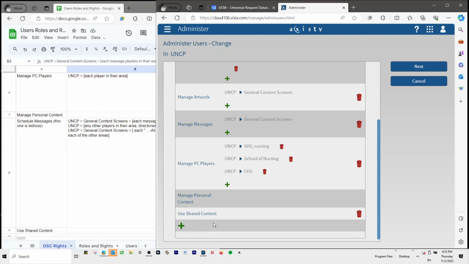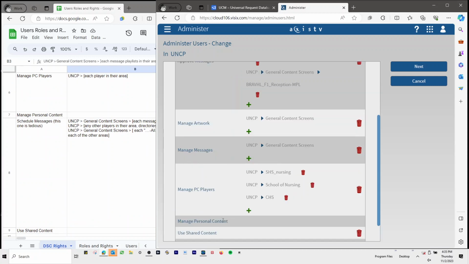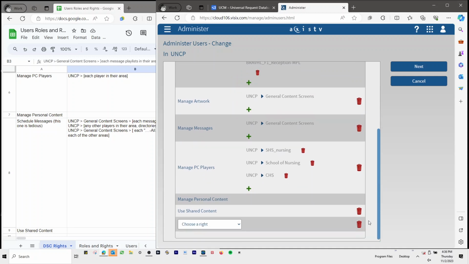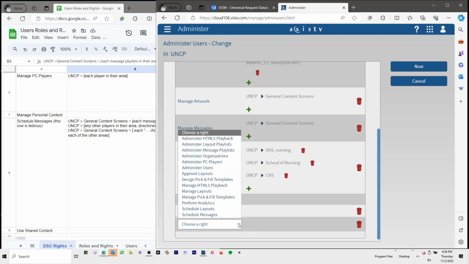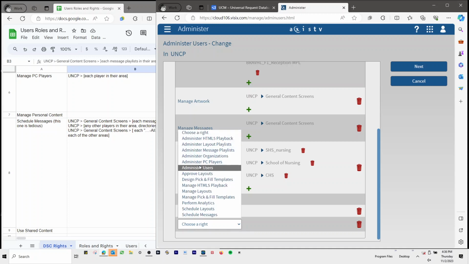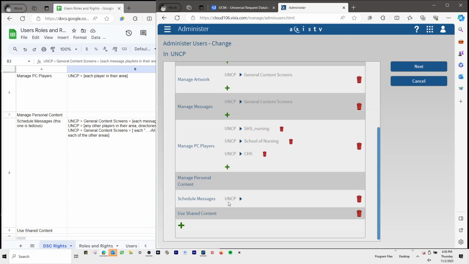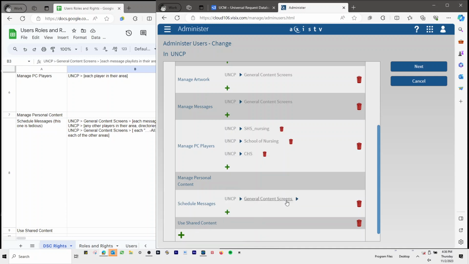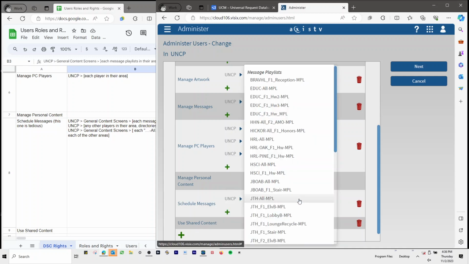Schedule messages. This is what enables them to be able to add messages to playlists, which they need to be able to do on their own, and the all playlists for other areas. So since this right doesn't exist at all, first we're going to initiate that right, which is schedule messages. And within schedule messages, first is the umbrella organization, general content screens, and I'm going to start with the ones that are in that